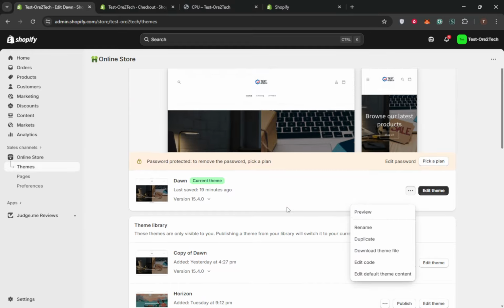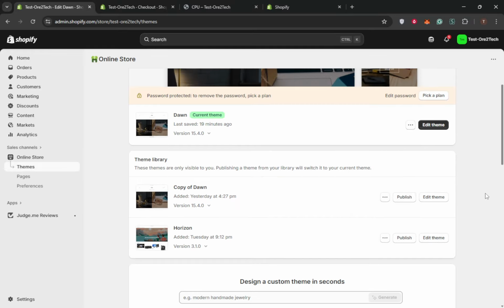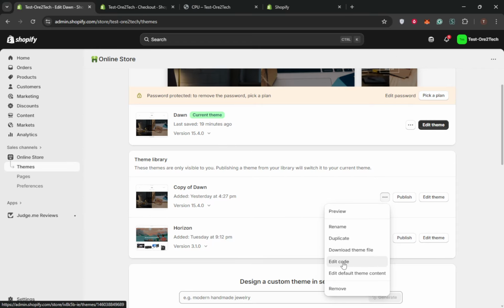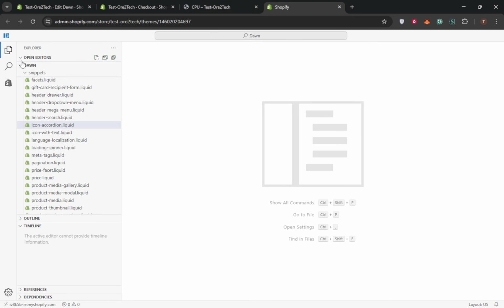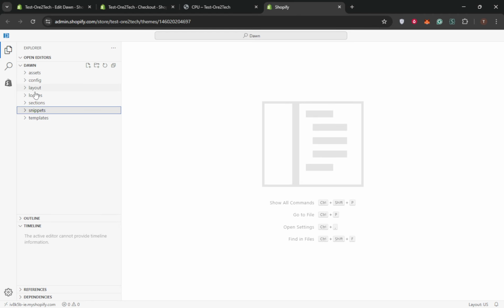In the same Themes area, on your active or duplicated Dawn theme, click Actions and then Edit Code. This will open the code editor with your theme's folders and files on the left. Now, locate the icon files. In the left sidebar, open the Snippets folder. Here, you'll see two files that control the cart visuals: